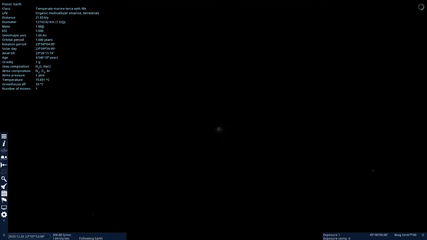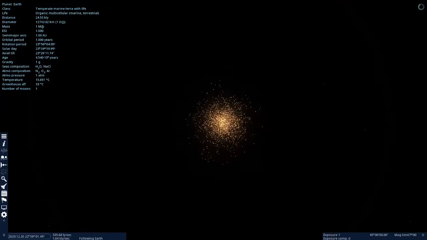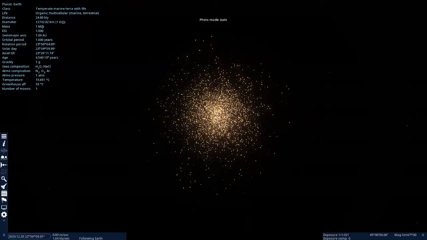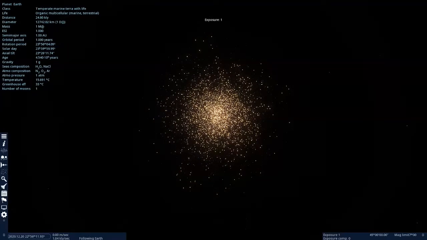It's the Great Globular Cluster in Hercules. Or in a three-dimensional point of view, it's way behind Hercules. It's just outside the disk of the Milky Way galaxy. In real life, this has 300,000 or 400,000 stars.